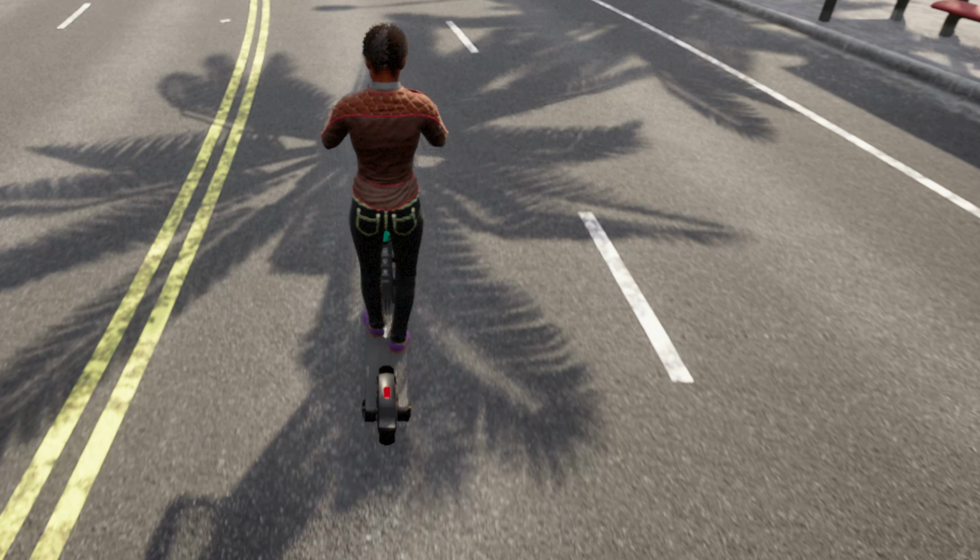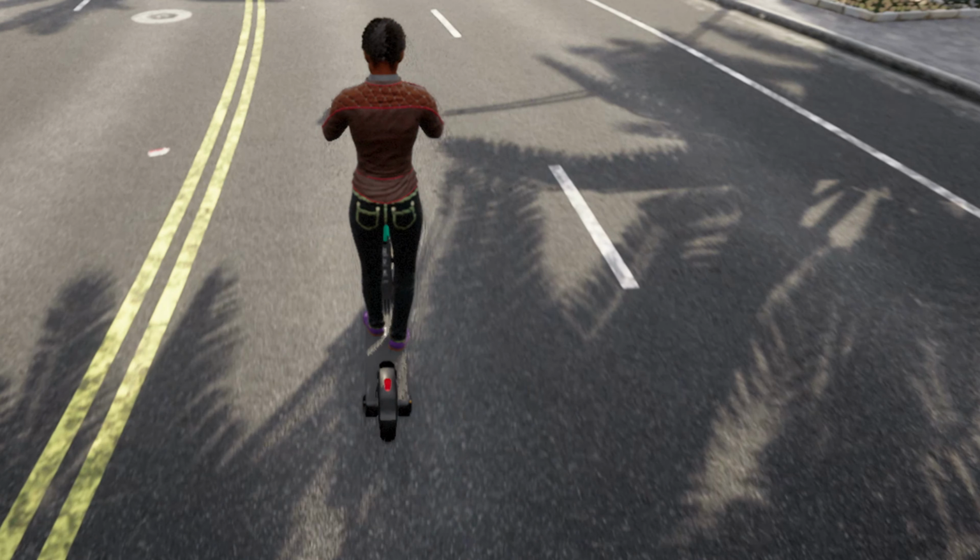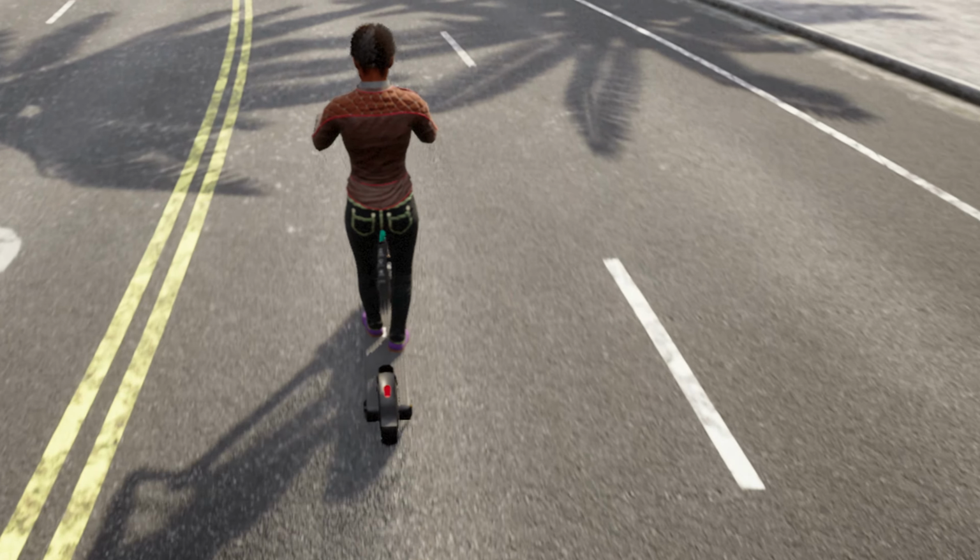In the next tutorial, I'll show you how to import this e-scooter into the CARLA Simulator and get it working